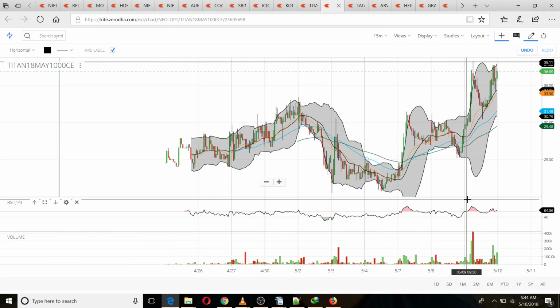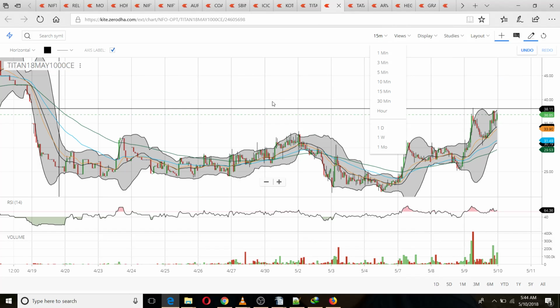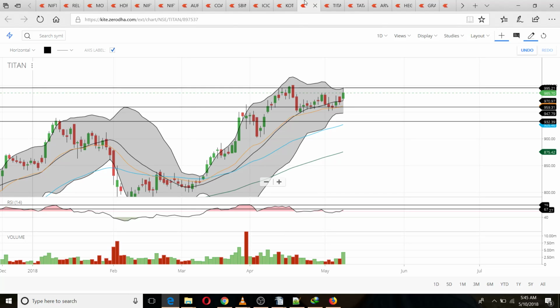But then if you go to the options chart itself, this was the gap filling that had happened. So here you see this gap. Yesterday we see price movement going up, and we have seen that almost it has reached a gap. Now I will say that if you are sitting at good profit, simply book the profit, and if you have just bought it and you want to see where it is going, then possibly this is the time to hold. Unless you are at very good profit, or if you are near about average, then I will say let's hold it for 1 or 2 more days, especially today's expiry day.